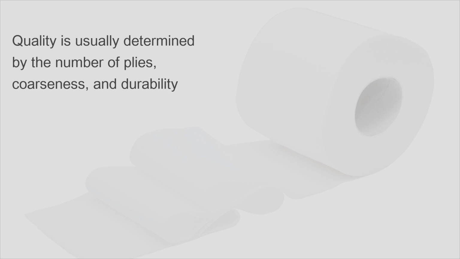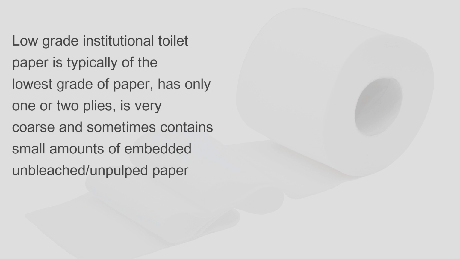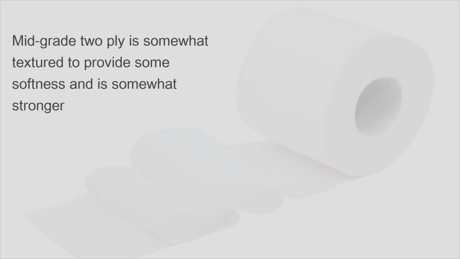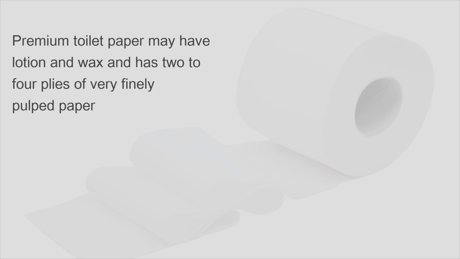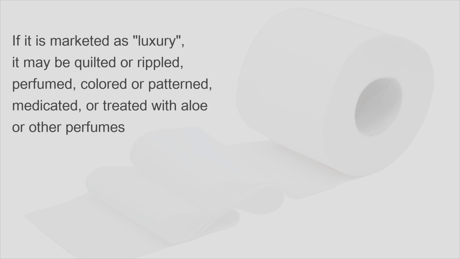Quality is usually determined by the number of plies, coarseness, and durability. Low-grade institutional toilet paper is typically of the lowest grade of paper, has only 1 or 2 plies, is very coarse, and sometimes contains small amounts of embedded unbleached/unpulped paper. Mid-grade 2-ply is somewhat textured to provide some softness and is somewhat stronger. Premium toilet paper may have lotion and wax and has 2 to 4 plies of very finely pulped paper. If it is marketed as luxury, it may be quilted or rippled, perfumed, colored, or patterned, medicated, or treated with